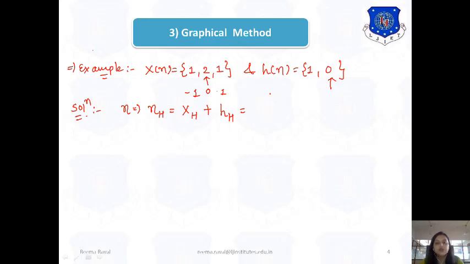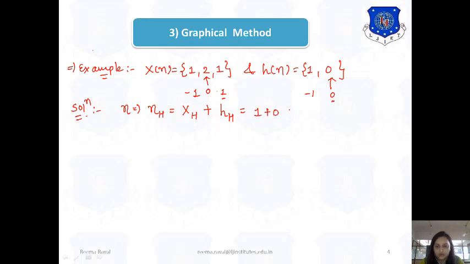In the previous session, the examples we have seen had n equals 0 at the first position only. So the instances were positive, that means they were for 0, 1 and 2 only. But over here the range is changed, right? And similarly this indicates the instant 0 and this indicates minus 1. So the higher range will be over here 1 and over here 0.